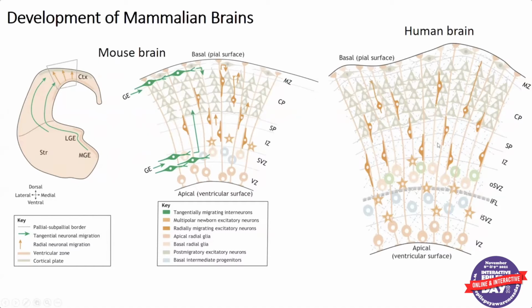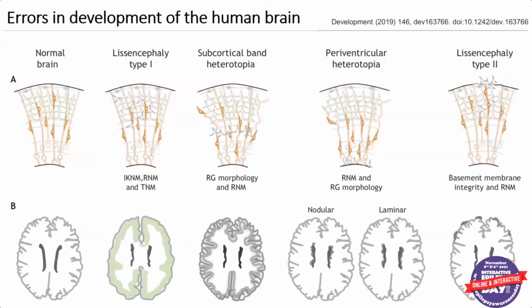This is just a difference between a mouse brain and a human brain, showing that the same processes operate. And this process of migration is facilitated by glial cells, which are the cells that support the brain cells, and the brain cells migrate along them to their surface. Well, like in most things, sometimes this process doesn't go as desired, and this migrational process is disrupted due to a variety of different factors. A whole bunch of disorders can result from this migrational abnormality, and today we're going to focus on this particular